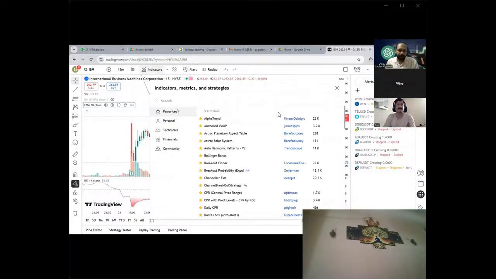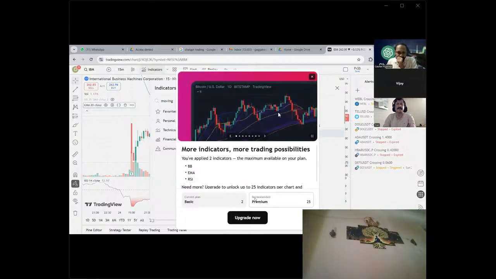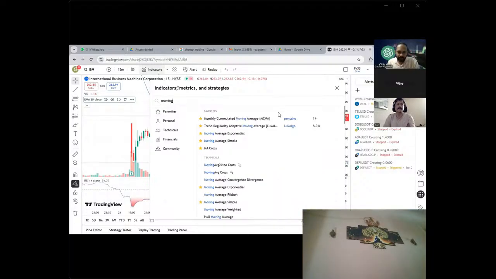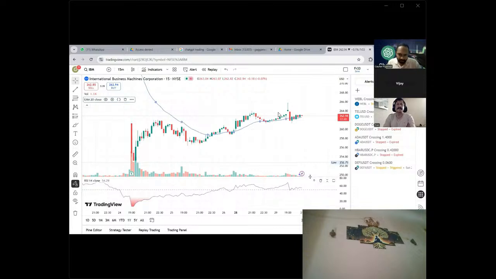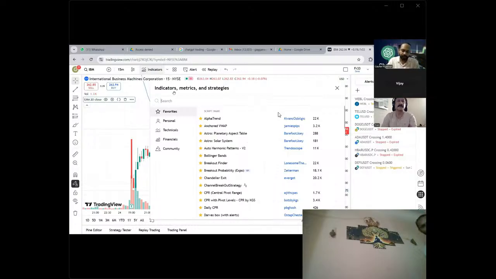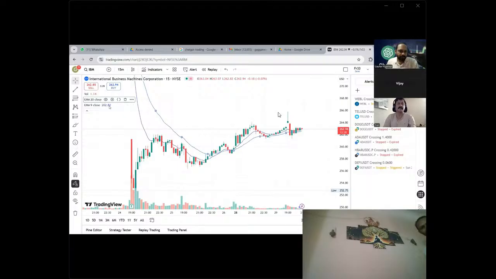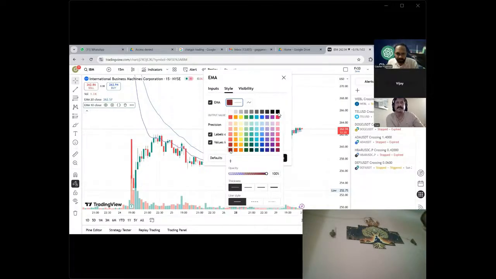Now what I will do, I will add one more moving average. Actually this is a free version, so it will allow only a maximum of 3 indicators. Now I have removed everything, so it will allow me to add one more indicator. So now I will add this 10. First one I have added at 20 EMA and now this one I am adding as 10 EMA. Change the color so that we can segregate it.